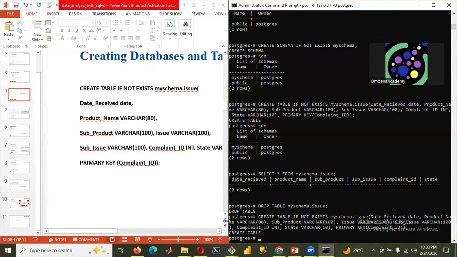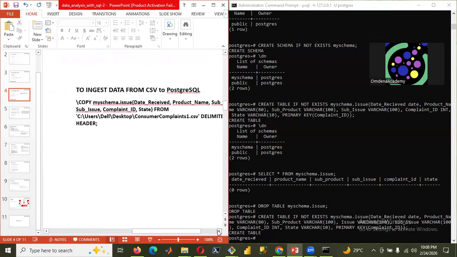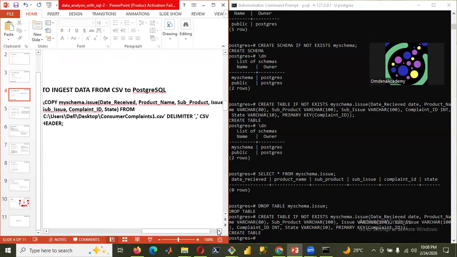Now that we have corrected the error, we'll go back here. There are two things we can do. We can either type it out or copy and paste the code, but I don't think copying is a good idea because you need to learn. It's better you type it so that you can make mistakes and know what is wrong and what is right. My schema dot issue and then date received,